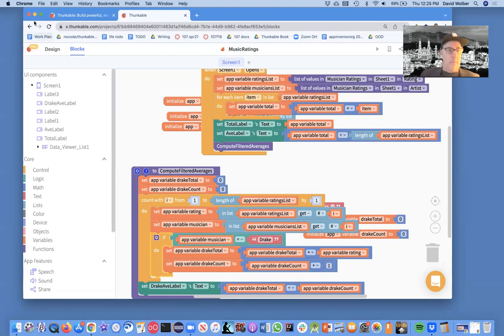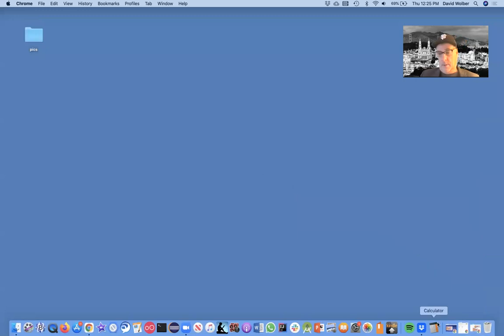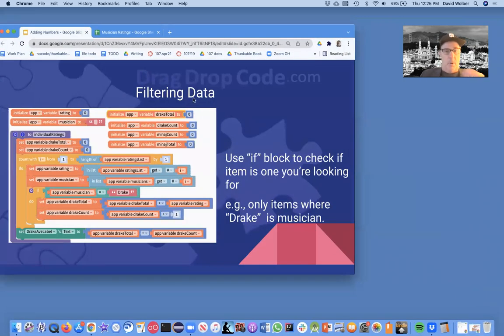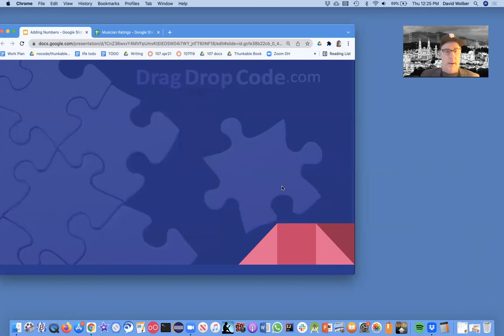Okay, just briefly, let me go back to the spreadsheet. So what we did is filtering data using the if statement, only items that are Drake, and